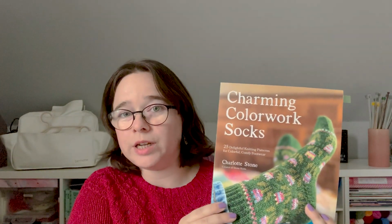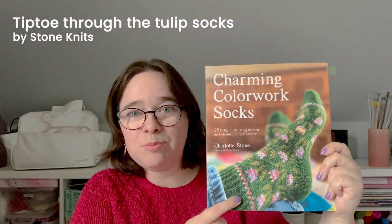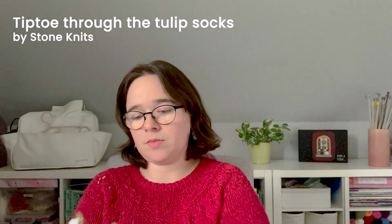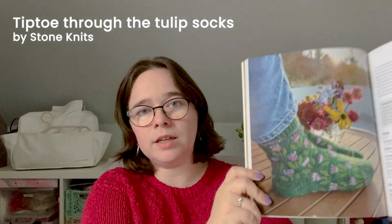And then one other new cast on is a sock that I want to knit this spring. And it's one from the Charming Colorwork Socks book by Stone Knits. And I actually want to knit the one here on the cover, the Tiptoe Through the Tulip socks. So these ones. And the colors that I chose for it, I went stash diving, and I had this skein